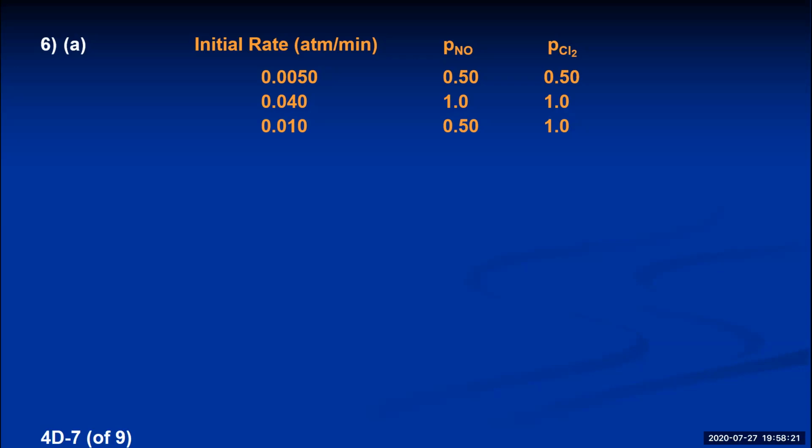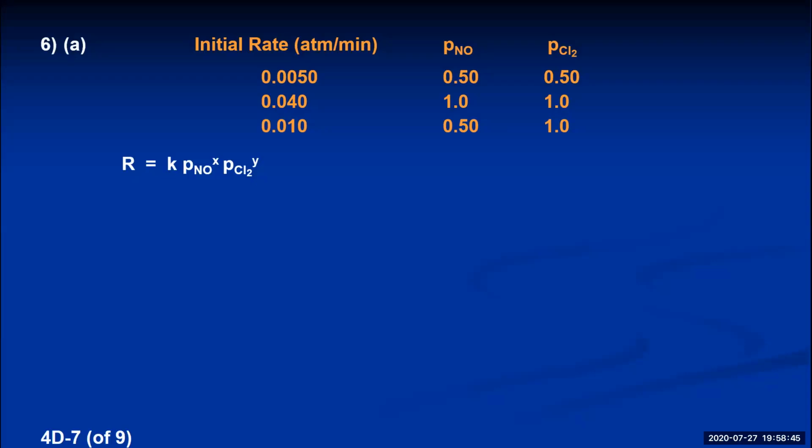It says, since the pressure of a gas is directly proportional to the concentration of the gas, we can express a rate law for gaseous reactions in terms of partial pressures. So A says, what is the rate expression for this reaction? Well, that would be rate equals K times, and then we can use partial pressures. Partial pressure of NO to some unknown exponent X, multiplied by the pressure of the other reactant, Cl2, raised to